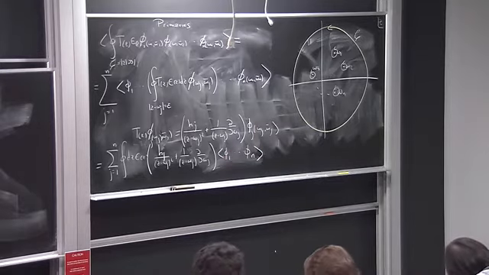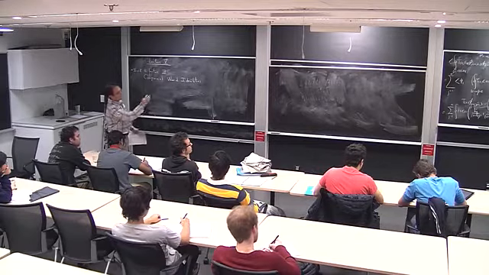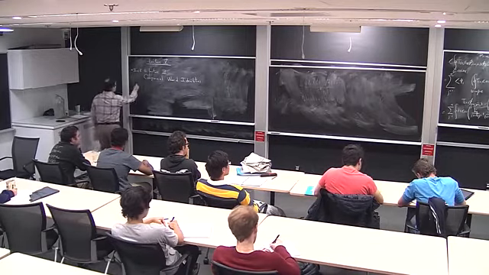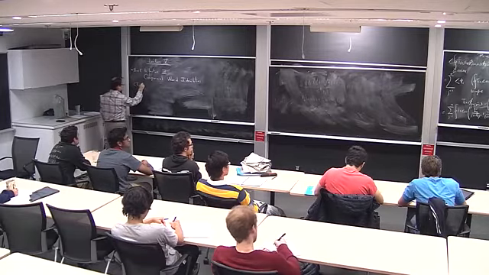And now we use a standard argument that since that happens for any epsilon, then the equality has to happen at the level of the integrand. And therefore, we write a conformal Ward identity of the form